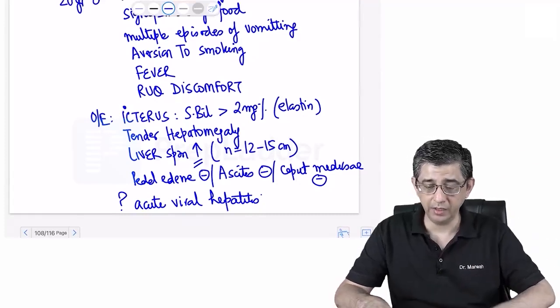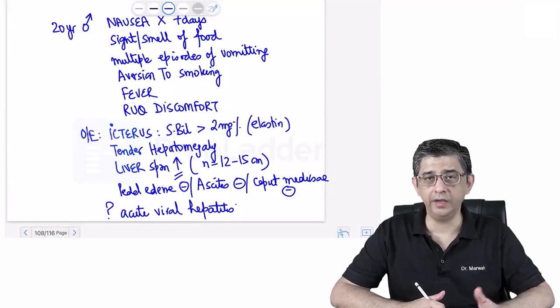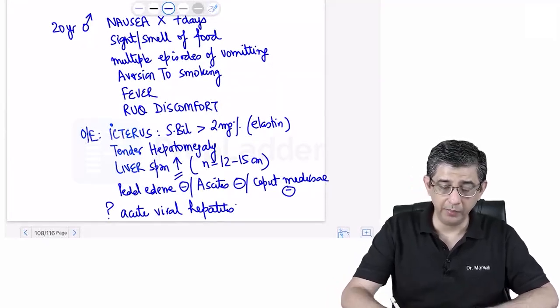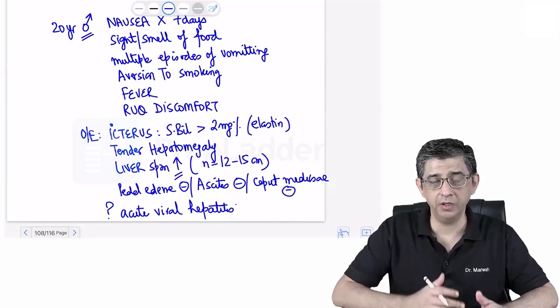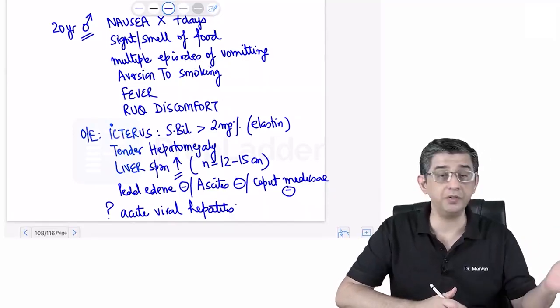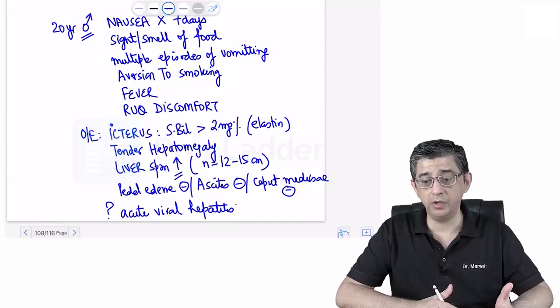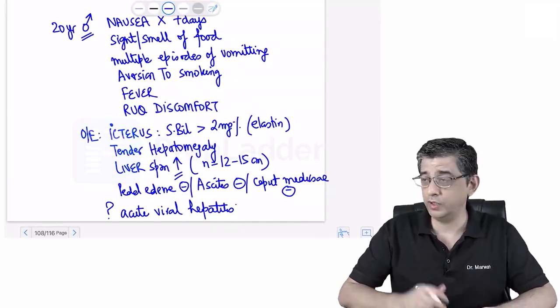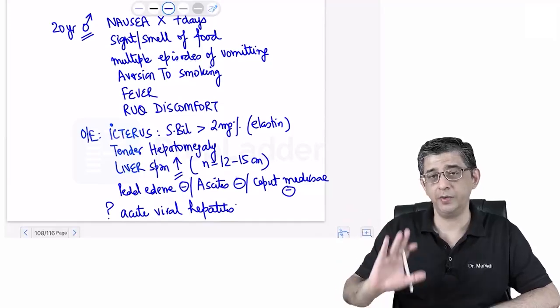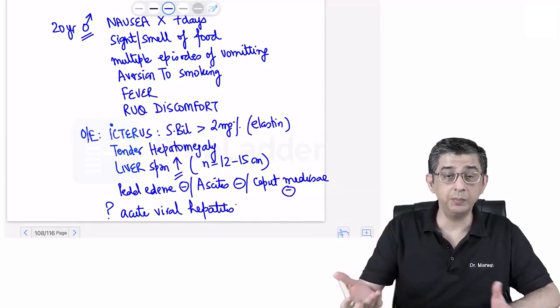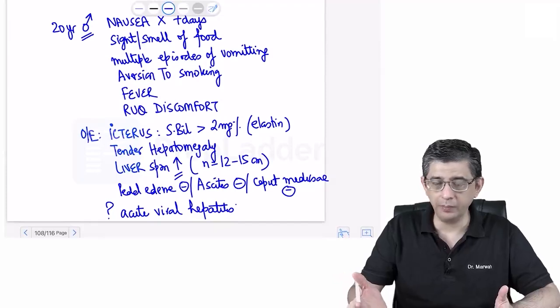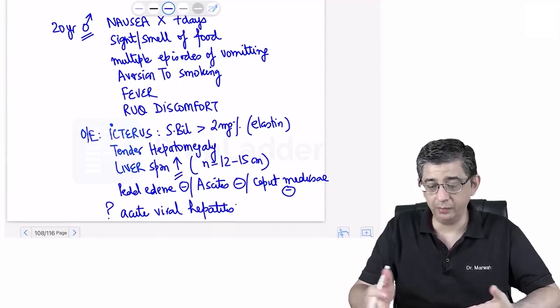And if you ask a young guy, did you go to a red light area or did you have sexual contact, he might not be comfortable giving you the history about his personal life in front of other people. That's one possibility. And even if you're having an isolated consultation, in a separate chamber of your own, most people, especially if they're young, might think you will inform their parents, and they might actually